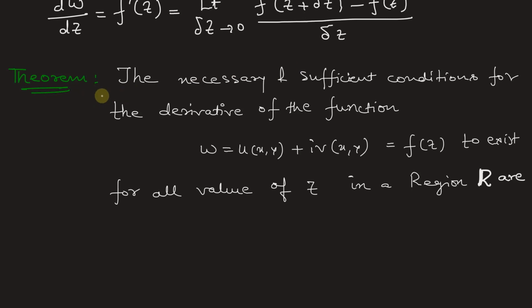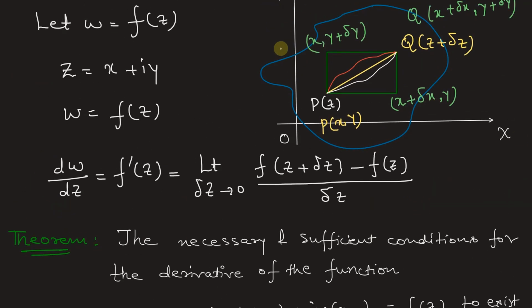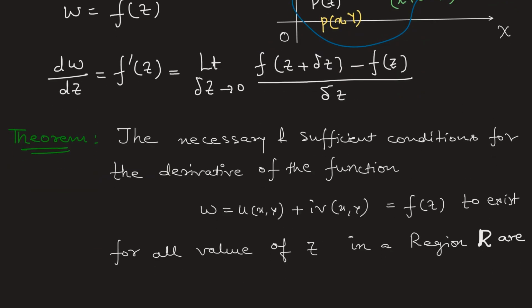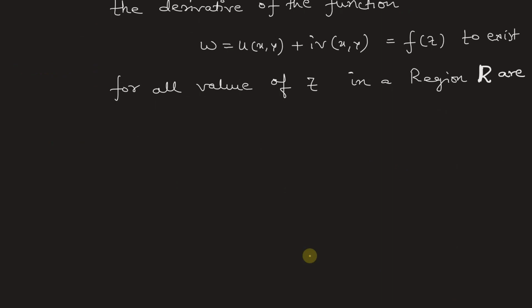Now according to the theorem, the necessary and sufficient condition for the derivative of the function w equal to u plus iv, that is f of z, to exist for all values of z in a region R, this region right here, is as follows. So why are we talking about the derivative of f of z? Because analytic means the function is differentiable. So the first condition is